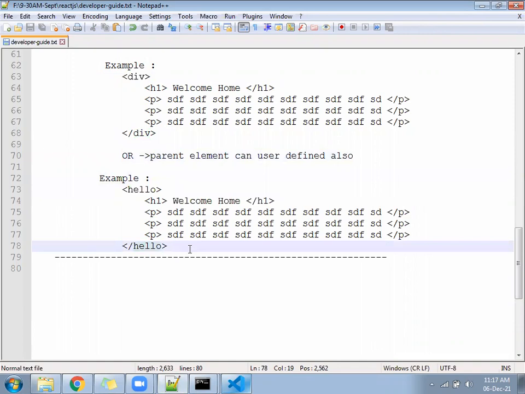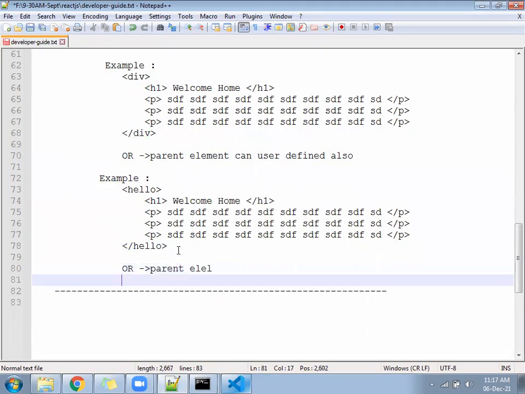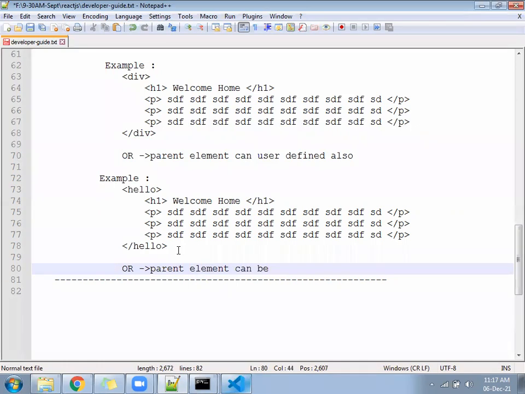Next: or the parent element can be an empty tag also.